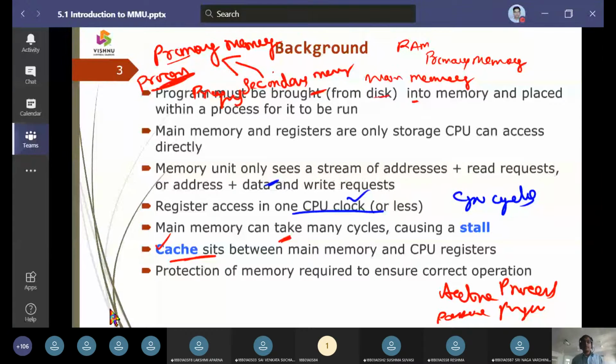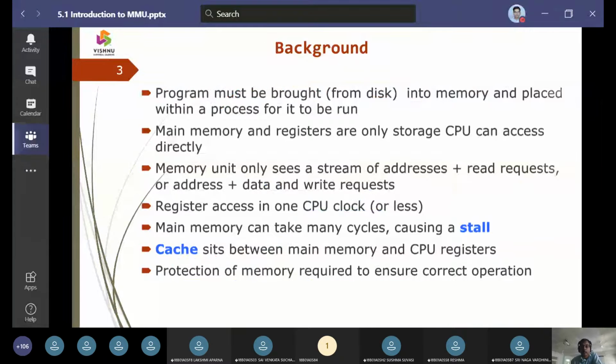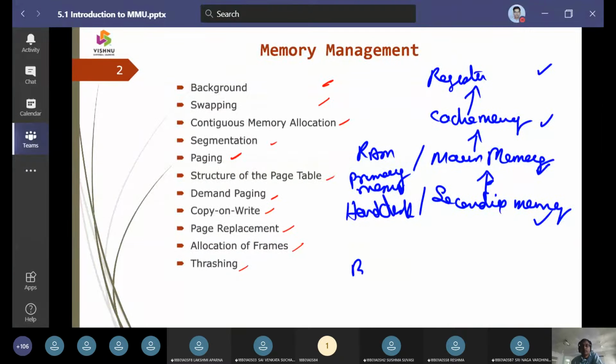And these are going to have some protection bits. Those protection bits we are going to call valid bits and invalid bits. That means memory is going to be taken up in blocks. We are going to call them disk blocks. Memory is going to be taken up in the form of disk blocks.